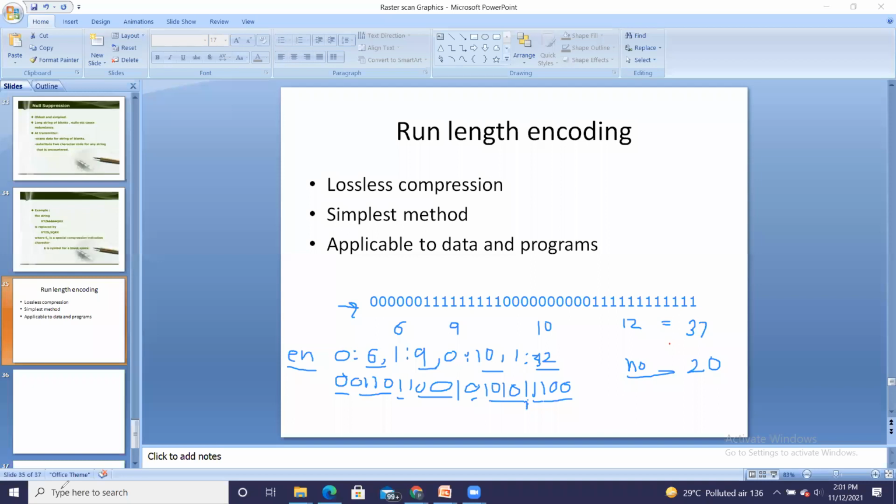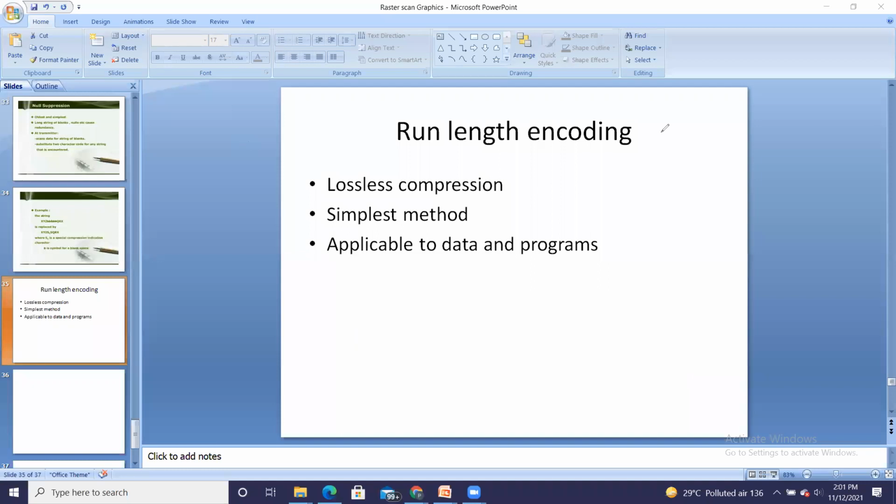So this ends chapter number 2 of computer graphics, which is raster scan graphics. We end with this second chapter. Today it will not be possible to conduct a test because from 2:30 you will be having the next lecture. So on Monday we will have the test, right? I will provide you with the link. You have to attempt the test and submit that test.